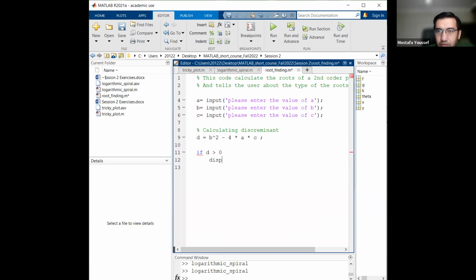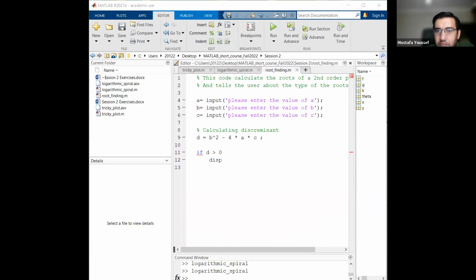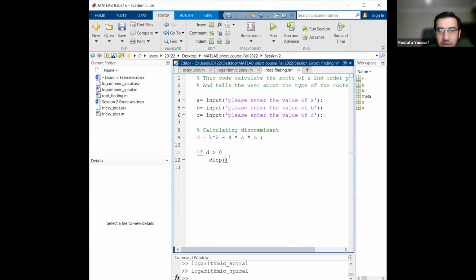Remember our analysis here on the whiteboard. If D is greater than 0, I need to display a message here, and I can use, as we discussed with your colleague, either single quote or double quote. Here, 2 different real roots. And let me just develop this piece. I will develop just the if statement and then upgrade it a little bit to calculate the roots and do the plotting. But let's first get the basic chunk, which is telling the user what is the status of the root. And then elseif